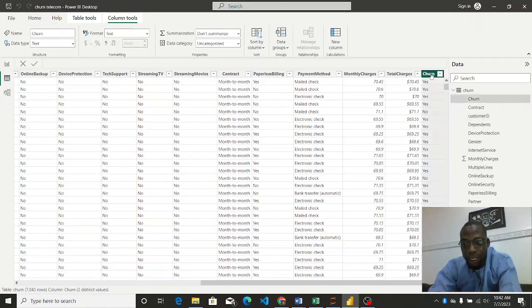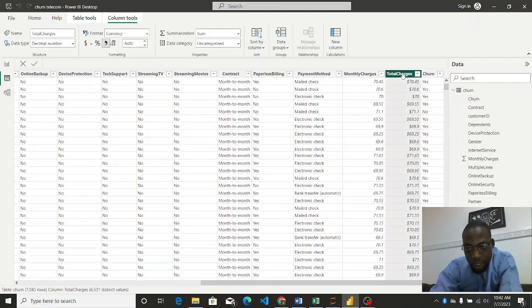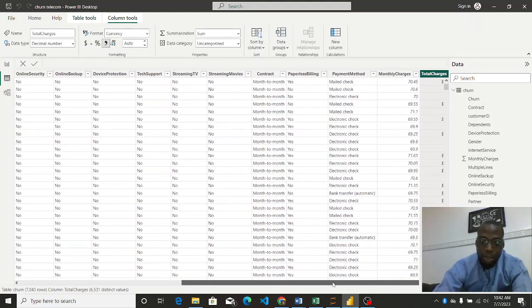Of course, we need to know the churn rates. So this is the primary one. Total charge. This is the essential one. So we need the charges. We don't need the monthly charge. We need the total charge. So that's why I was able to change the total charge to a currency data type. You don't need the payment method, because I've been able to see that it's not an essential metric to talk about the churn